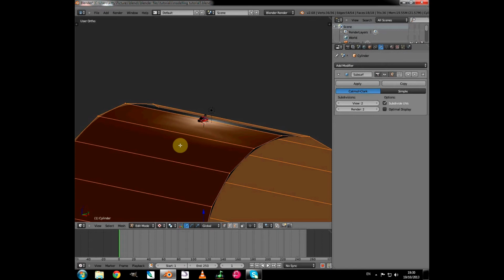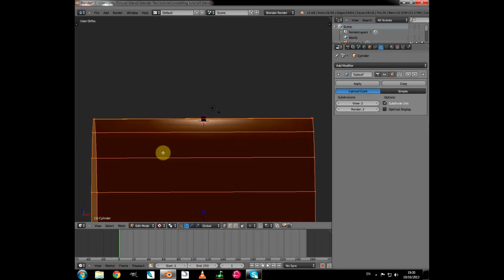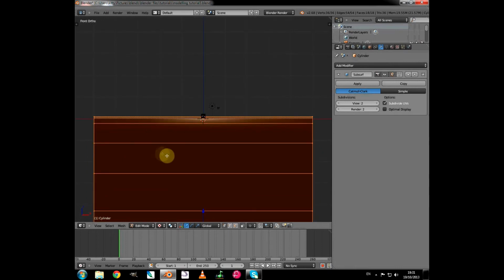If we try to map the road on it now, it would be completely filling the whole of the cylinder. So in edit mode we will add the loops that we need to create the road surface, and to do that we'll go into front view, press 1,